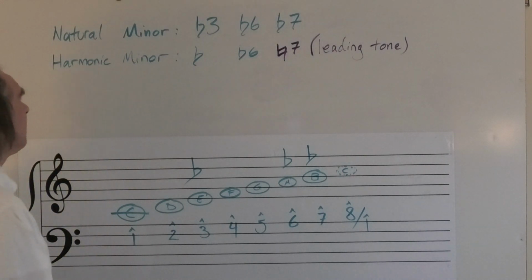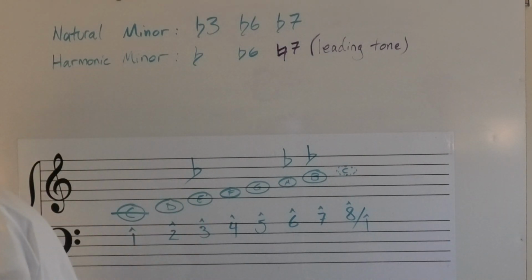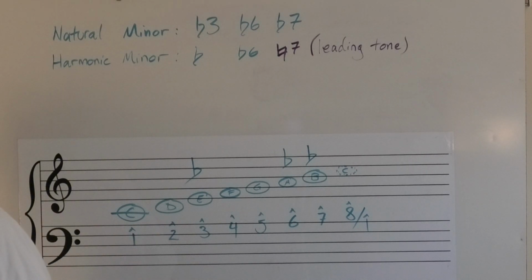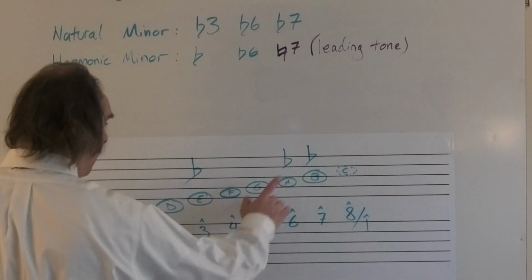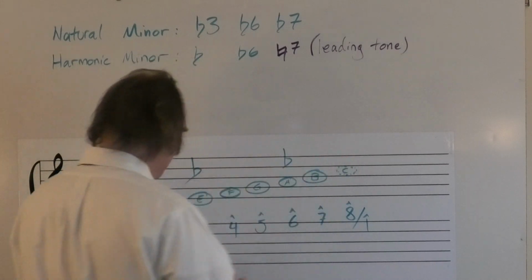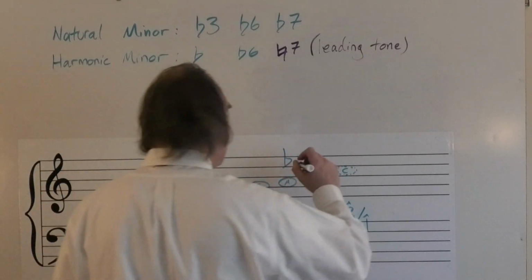You'll eventually get it. So this is the natural minor. This is the harmonic minor. You hear that between the A flat and the B natural, you can hear that augmented second. It's an interval of an augmented second. Now,